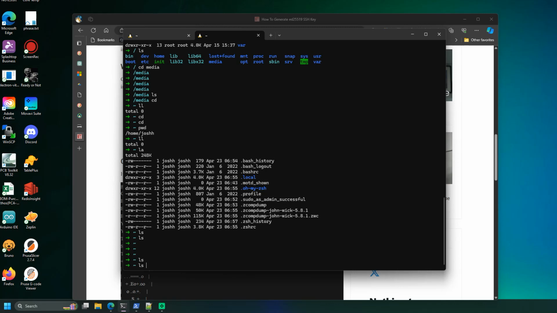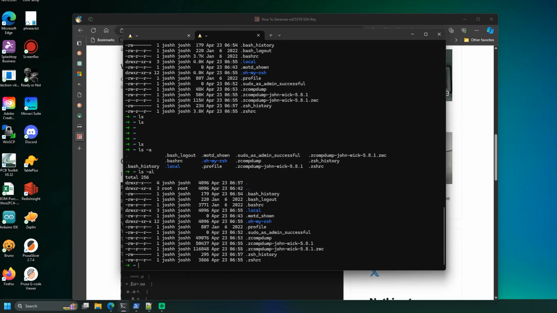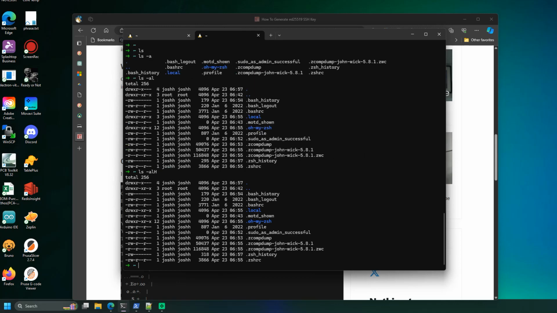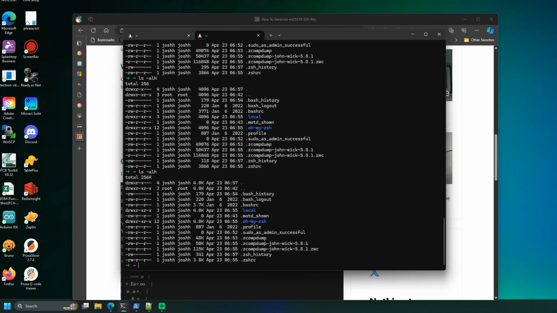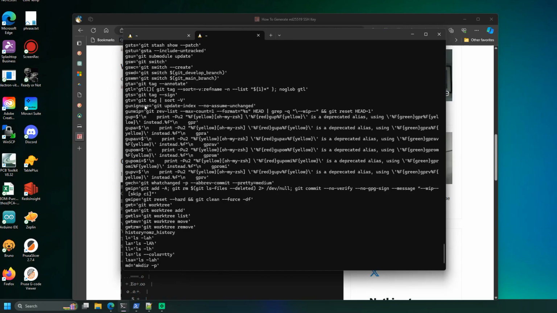So there's a whole bunch of other options, like ls -a would tell me all the files. Basically any file that begins with a period is kind of hidden. I can type ls -al and I can get in a vertical listing format. I can type ls -alh and get a summary. Instead of seeing this is this exact many bytes, now I get, oh, it's 115K instead of it being exactly that. So anyways, if you type alias, you can see a whole bunch of different shortcut commands,